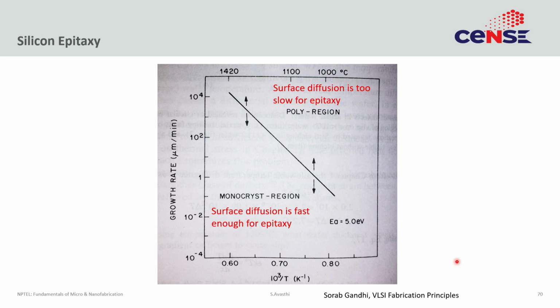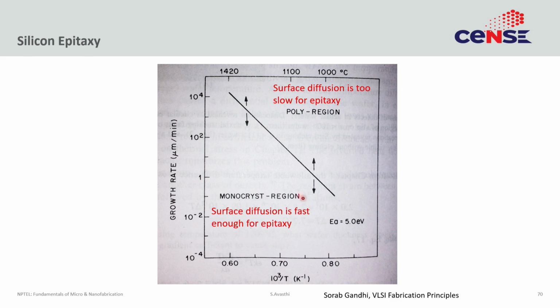What we just discussed is seen in this figure. So, here is the growth rate, which is again the rate at which the film grows, right, over 1 over T. So, this is an Arrhenius plot, this is lower temperature, this is higher temperature, and this line represents the separation between a region where you tend to grow polycrystalline silicon and the region where you tend to grow monocrystalline silicon. So, what is happening at lower temperatures and high growth rates, you do not give enough time for the film to orient itself. So, what do you get? You get polycrystalline silicon. At high temperatures and low growth rates, you get epitaxial growth and monocrystalline silicon, right.